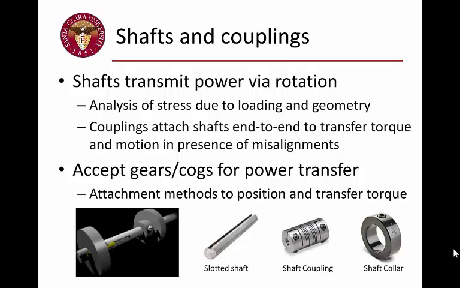Sometimes the shaft is slotted, as you see in the lower left-hand corner of the animation, which allows us to exploit the slot to put a little shaft key in there in order to help transmit torque from the shaft to the wheel. You might even take two shafts and connect them end-to-end through the use of a shaft coupling or something else like that. So the notion of shafts and couplings and things you attach to shafts is one of the basic features we see